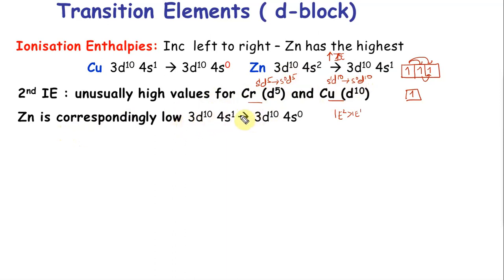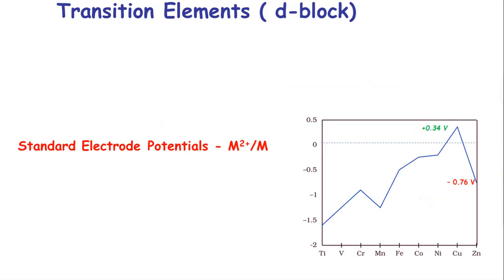That's clear because now I have removed one electron. First ionization energy is high, but second is low. So I would love to become zinc 2 plus. Hence zinc actually becomes zinc 2 plus easily, because zinc to zinc plus is tough, but zinc plus to zinc 2 plus is easy. The sum of these two is going to be easy. Alright, that's about it for ionization energy that you need to know.